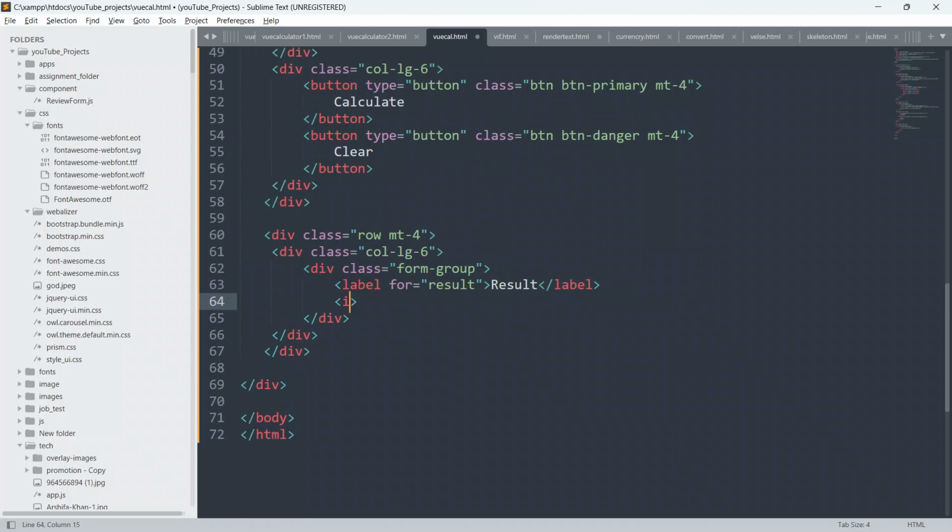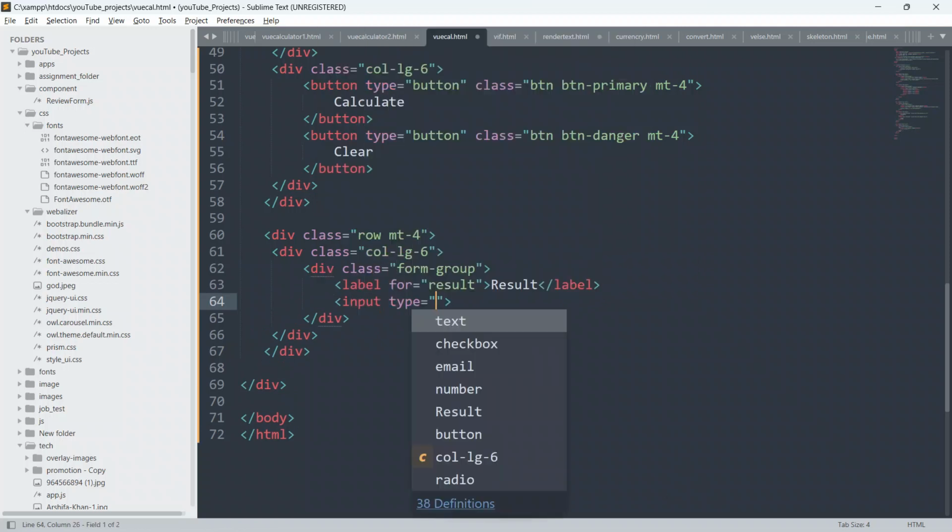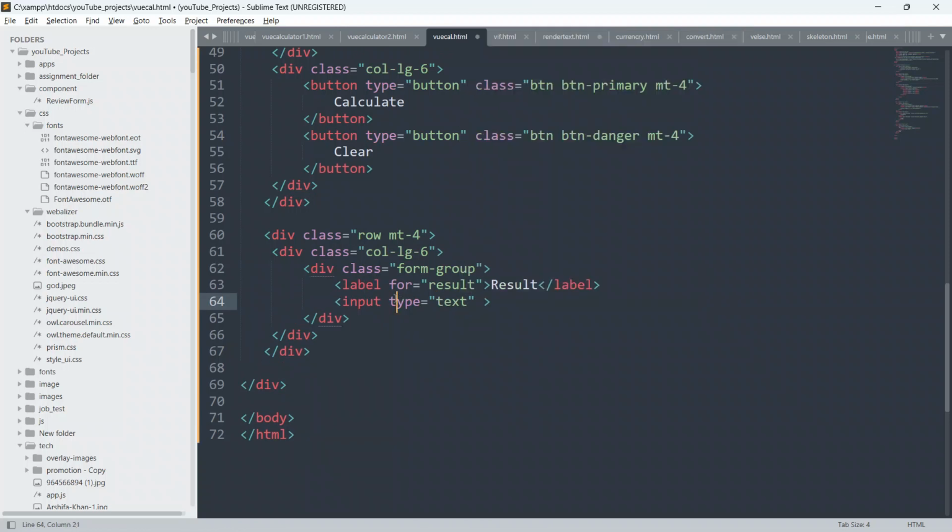So I'll say input, I'll give the type as text. So guys, always remember on this input field also we will be using v-model, just to bind the data in two-way direction.